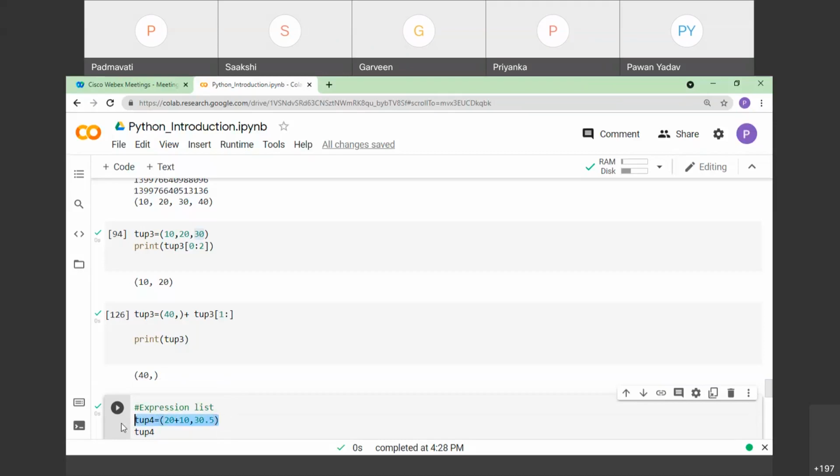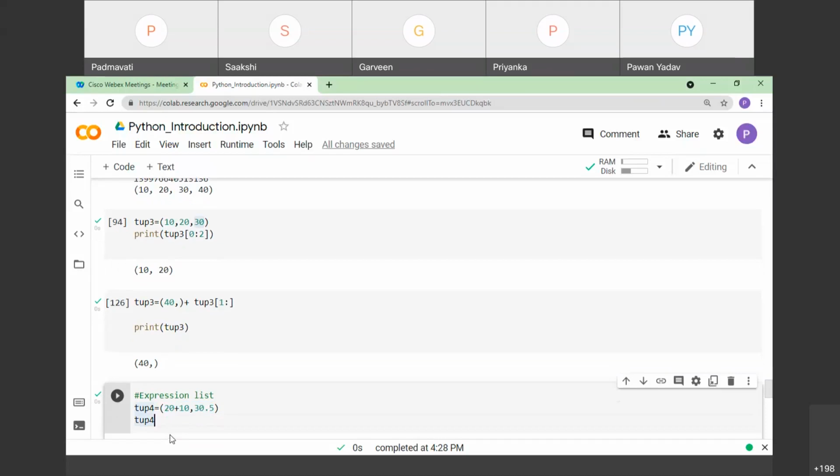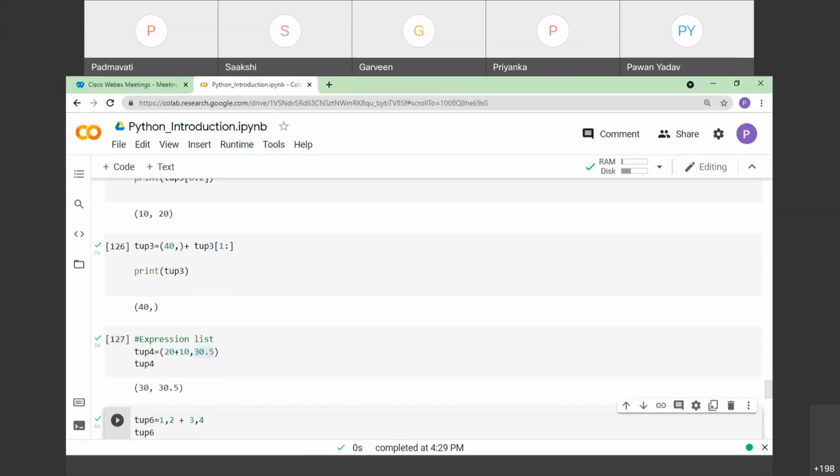This example illustrates that we can give the value while creating the tuple, as well as provide an expression. So tuple 4 will get created with the value it solves from 20 plus 30, 20 plus 10. So the first element of tuple 4 will be saved as 30, and the second element as 30.5. So it has taken 30 and 30.5.